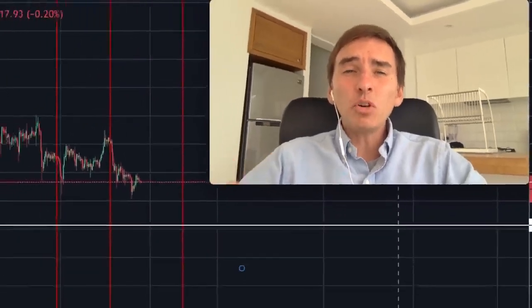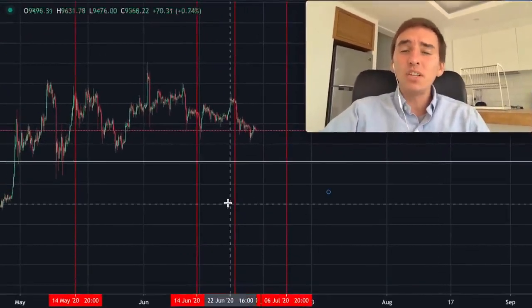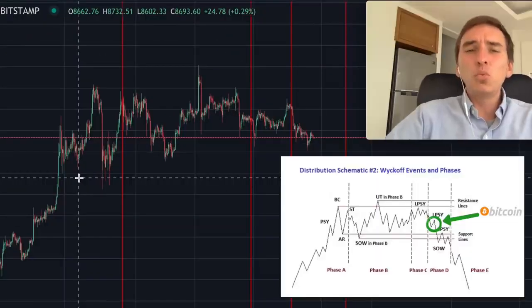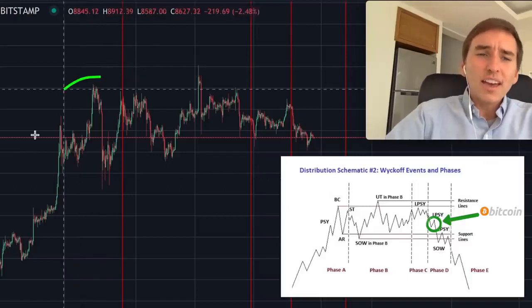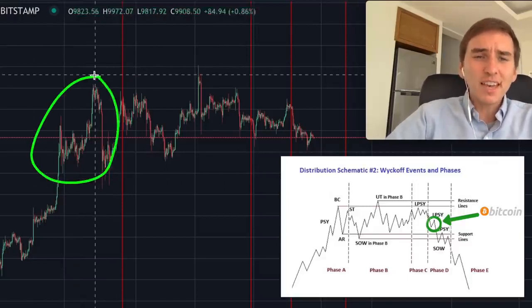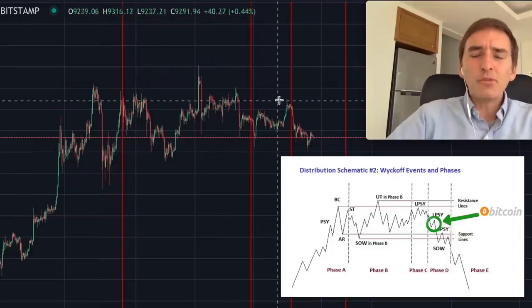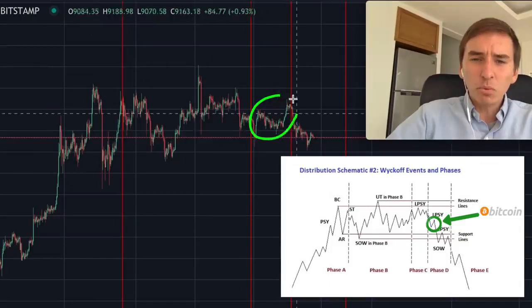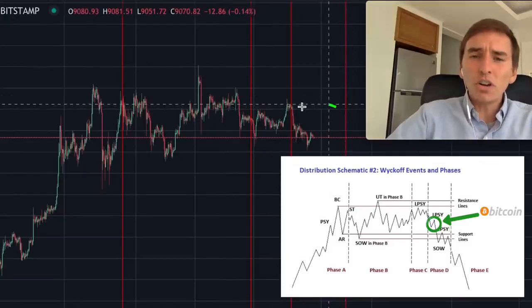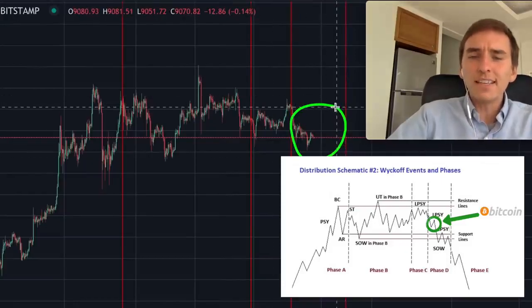In this video, I'm going to show you this mind-blowing Bitcoin chart. I'm going to show you this Wyckoff distribution pattern and the fact that Bitcoin was in phase A back here, and then Bitcoin entered into phase B, and then we had phase C, which is basically a small bull trap. And now to the important part, Bitcoin is currently in phase D.